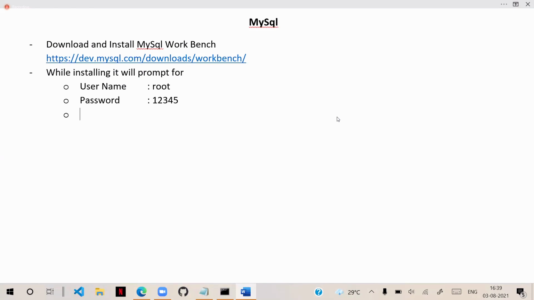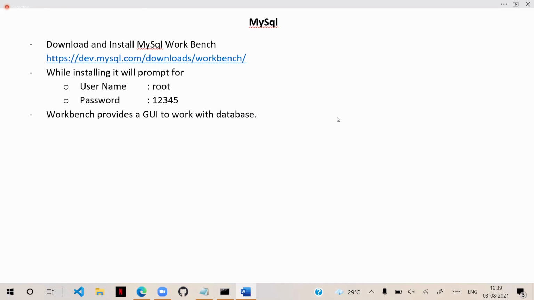Once you have done this, Workbench provides a graphical interface, a GUI, to work with the database. You can see that I already installed it on my computer.